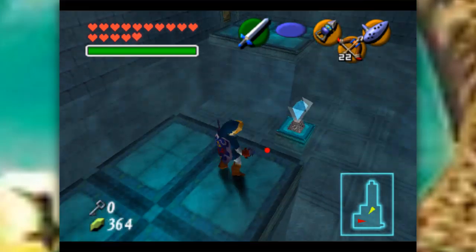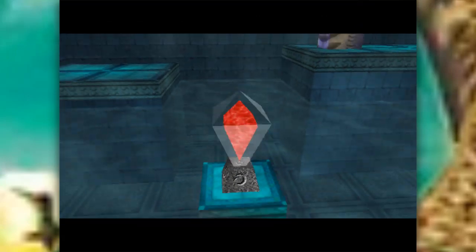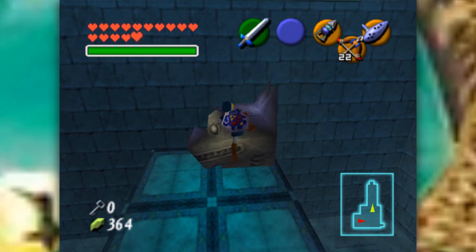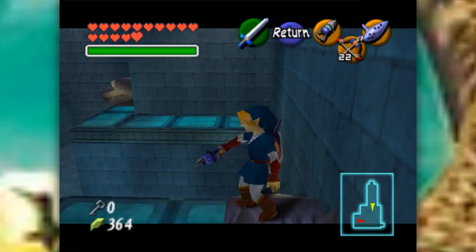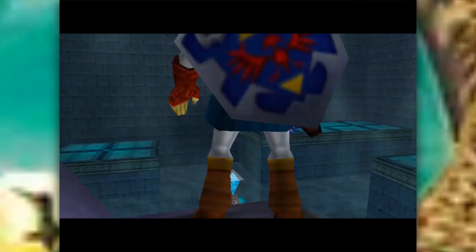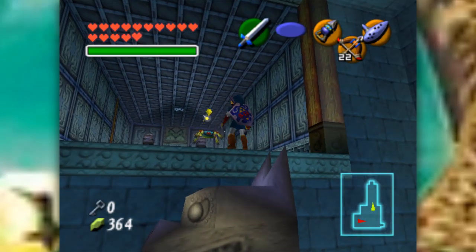Once again, reach the statue. Once again, hit the switch. It's basically a room full of rinse and repeat. And will my hookshot reach here, or do I... Ah, yes it does! I was wondering if it would reach, or if I would have to resort to my...